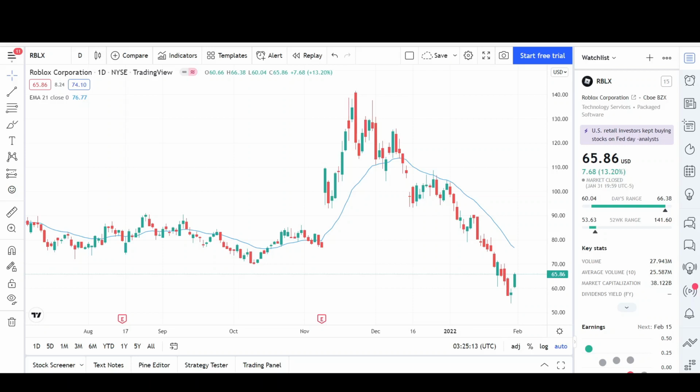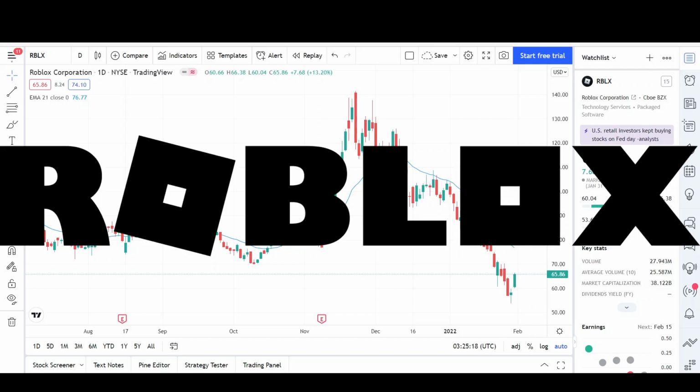What's up, traders? This is Vee Trades, and today I'll be doing a technical analysis breakdown for ROBLOX Corporation with